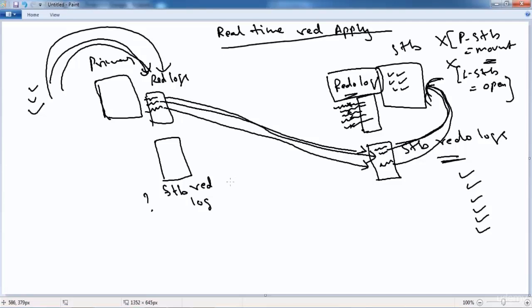Fine. Right now we are not going with real-time redo apply, but we are only understanding what standby redo log files are. Now coming back to our first question. Fine, we have standby redo logs on my standby server, but why do I need standby redo log files on my production server? Remember, when you perform a switchover, your primary is converted to standby and your standby is converted